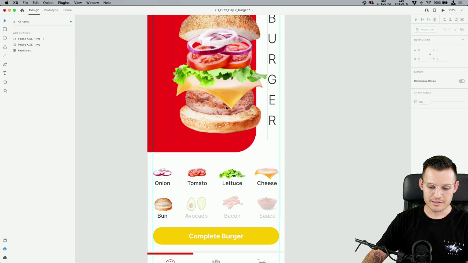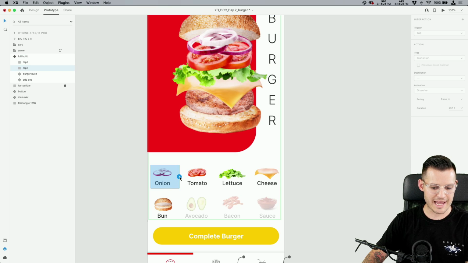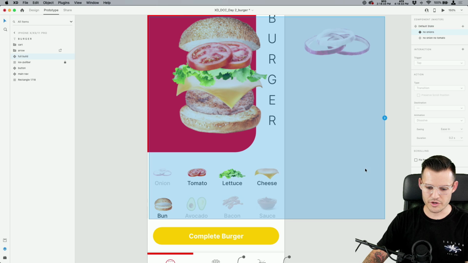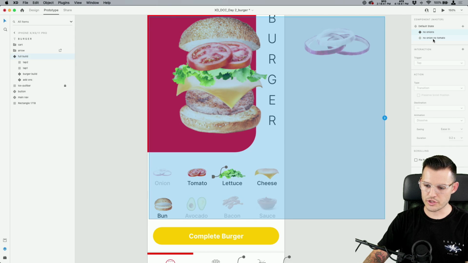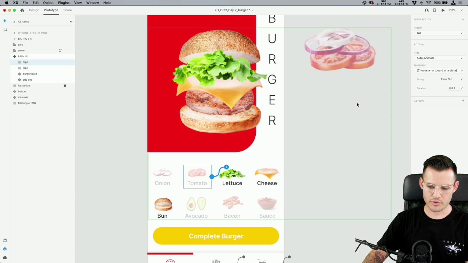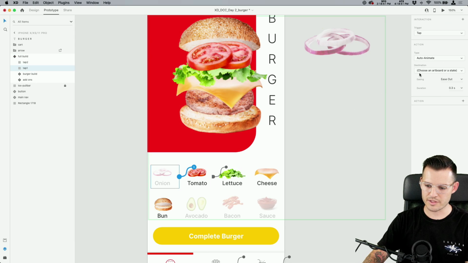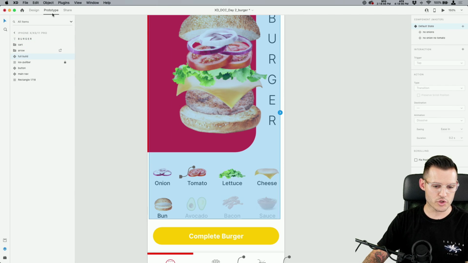So now, let's do some prototype work and have some fun and build this thing, okay? So what I'm gonna do is come into Onion, tap 1, tap that thing, auto-animate, go to no onions. Are we tracking? Oh my goodness. Now let's go to no onions and let's hit the tomato, boom, and let's go no onion, no tomato. And then we're just gonna do it back, no onion, no tomato. Let's go the other way. Boom, it's just to no onions. And what we should have done also is in the no onion, if we wanna add those onions back in, go to the default state. If you're like, what did he just do? You just wait and see. I'll show you right now.